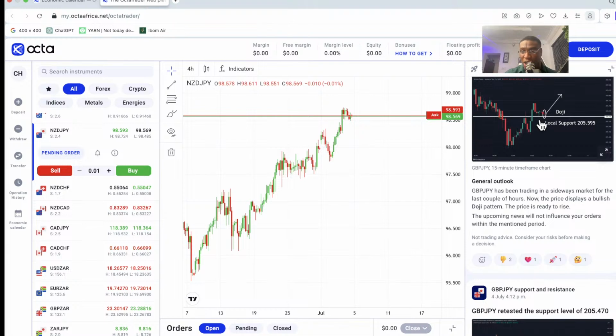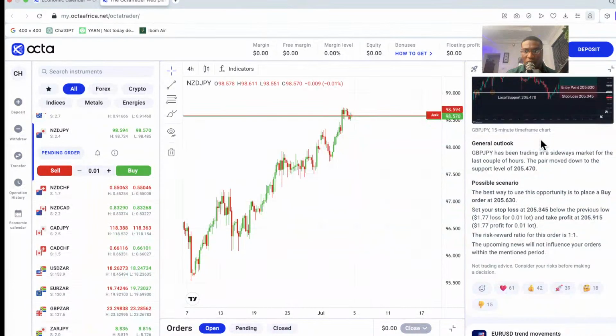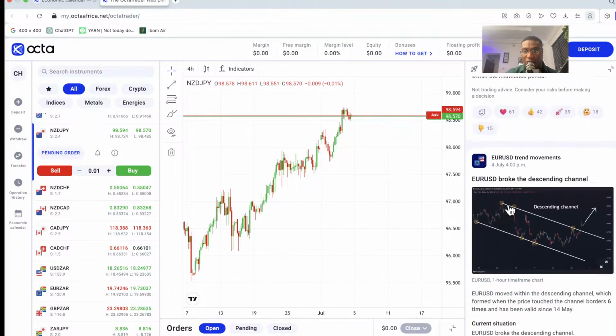These are the areas where I want to pay attention to. Does this align with my analysis? If it doesn't, what do I need to change, or do I still follow my analysis? The idea for using space is to understand what the experts are saying, and then you can decide if you want to join that or if you still want to use your analysis. Space gives you a lot. It also gives you entry levels, exit levels, and risk to reward levels as well. And this is very important for traders.